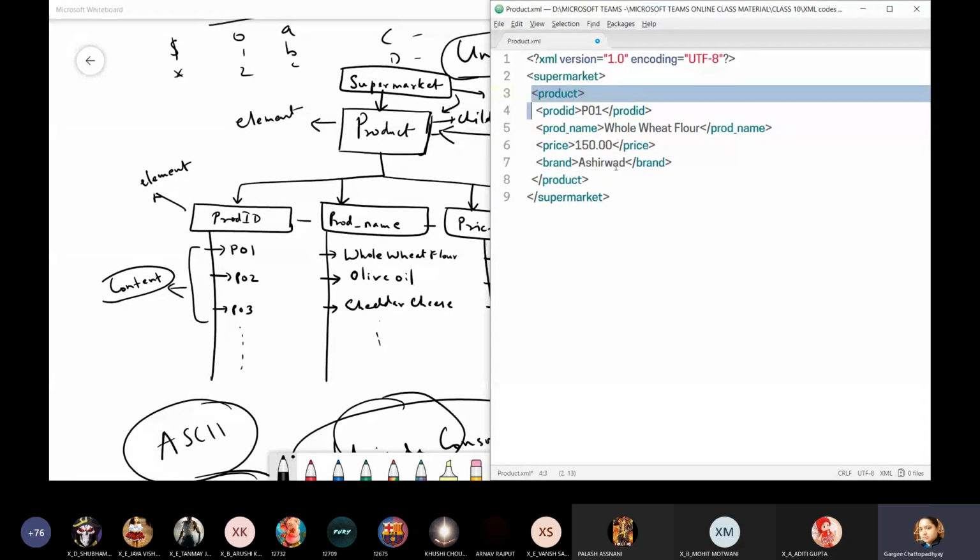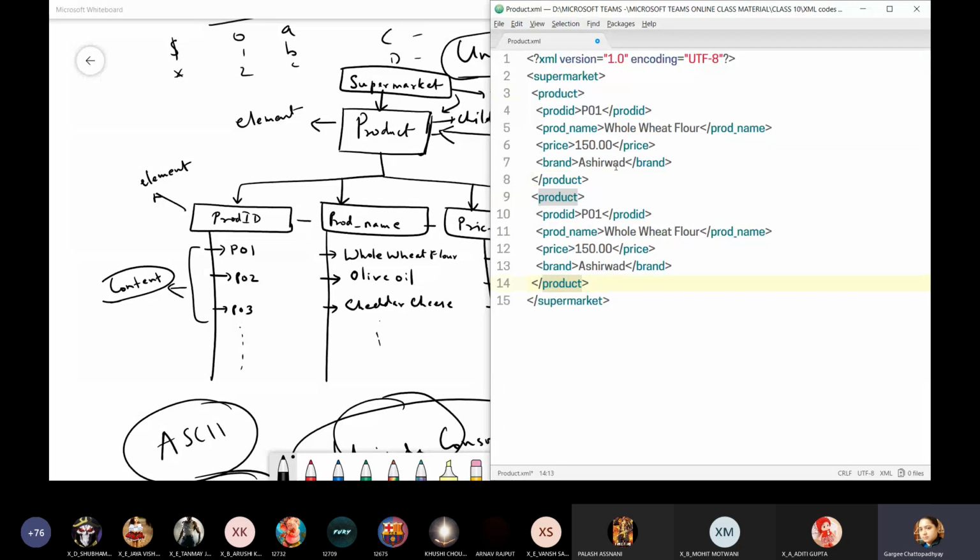If I want to create a second product, I will copy all these things, paste it, and simply change its data. So now this becomes olive oil. Got it?